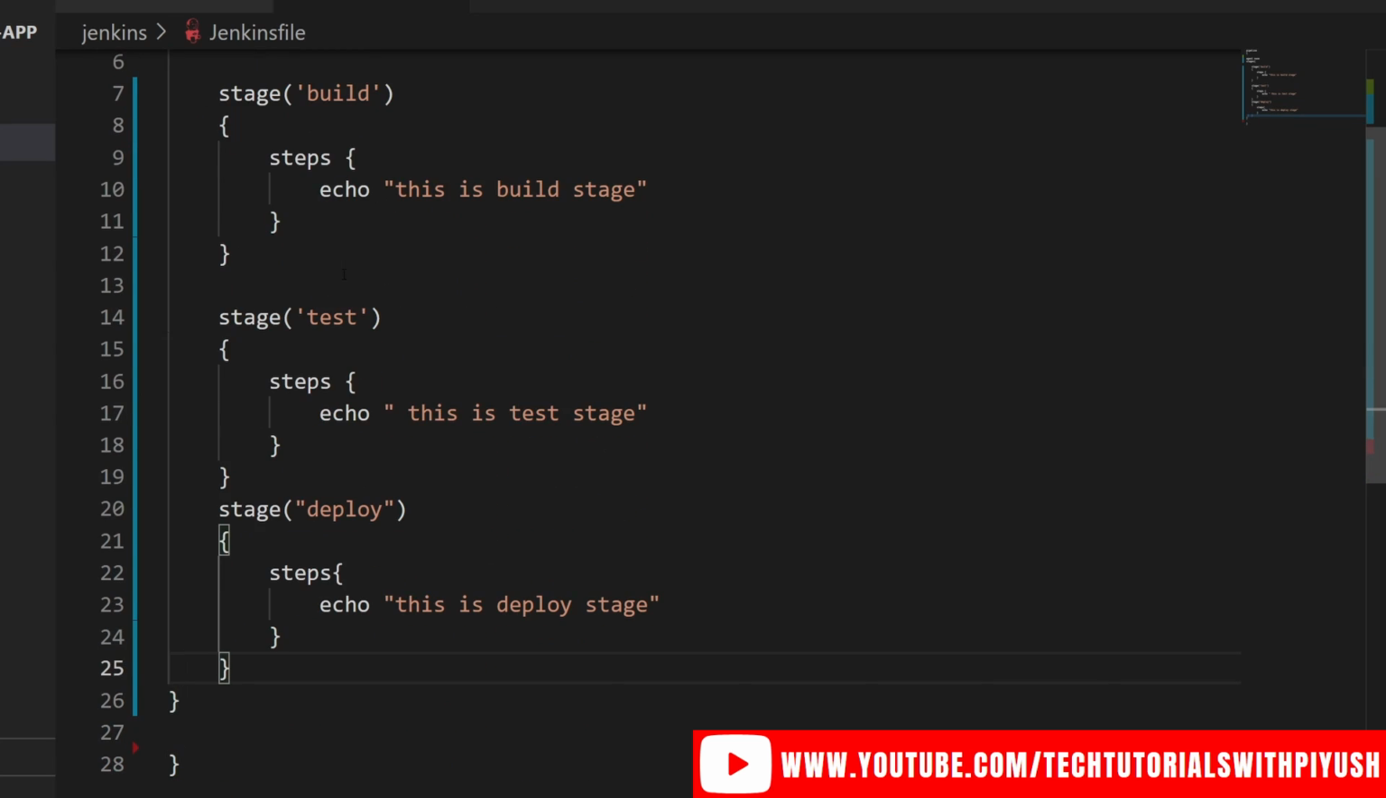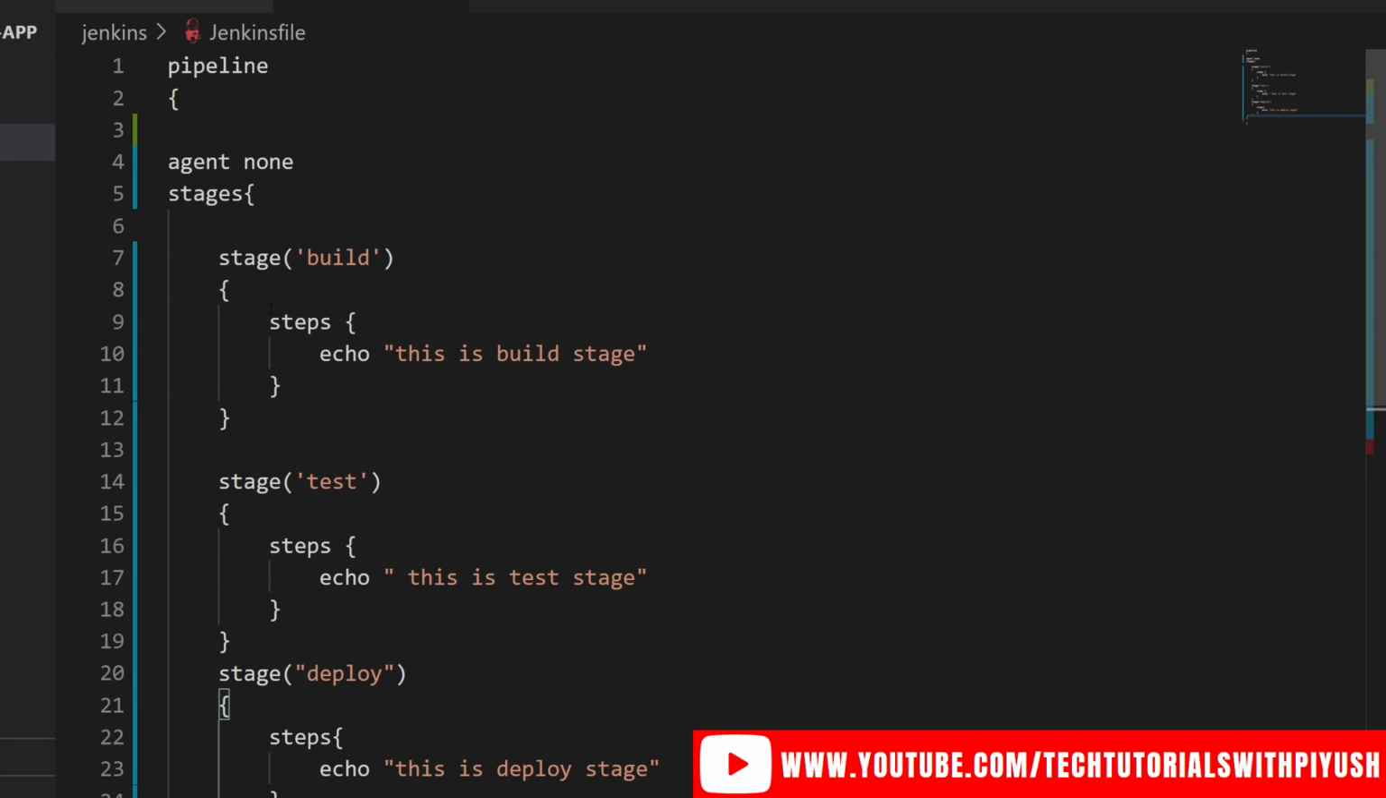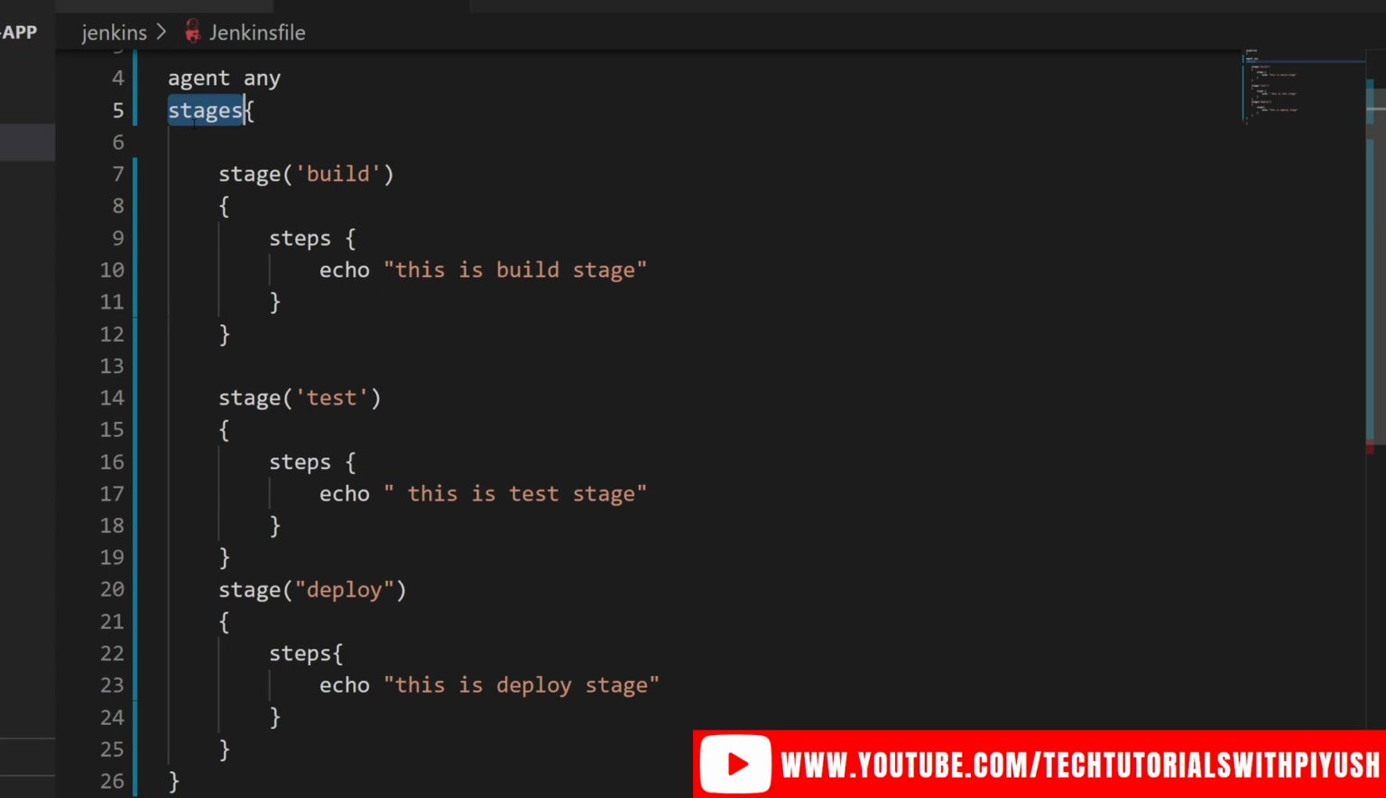So it looks good. Let's do a quick recap of what's been done so far. Pipeline is the main block which holds everything together. Then we could specify agent as none, or we could provide any agent name, or we could just say agent as any. This should also work, so let's keep it this way. Then we have stages. Stages encapsulate all the stages together in a pipeline. There could be sequential stages and parallel stages. We'll see parallel stages later on, but over here these are the sequential stages